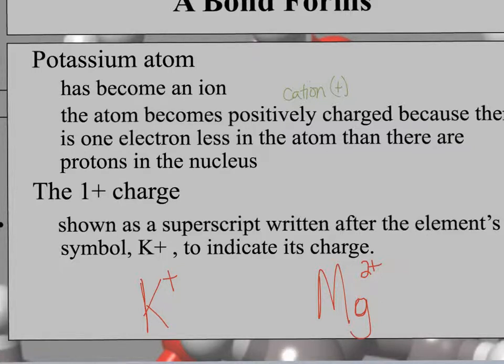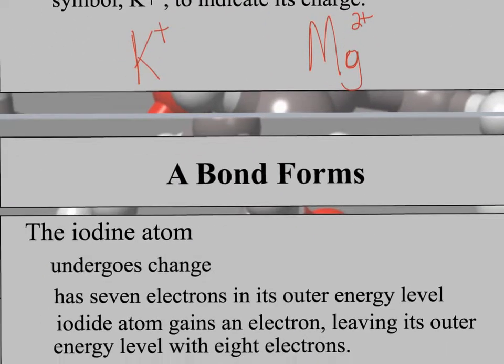All right, and so that's how you write a charge. You write it as a superscript. It's the charge indicator of what the charge has become once it's become stable. So magnesium would be 2 plus,